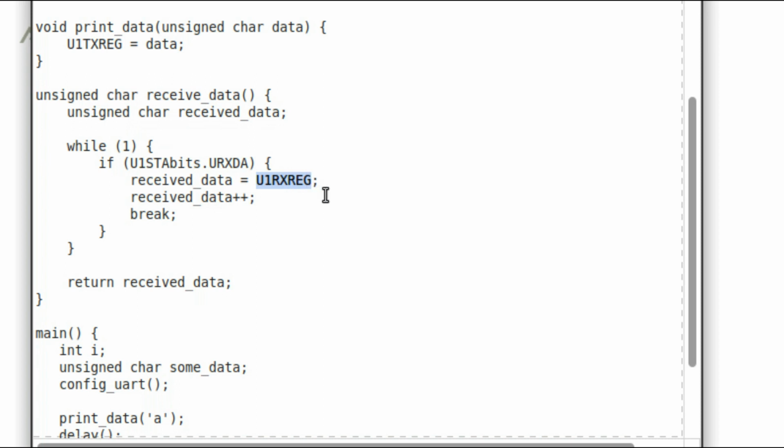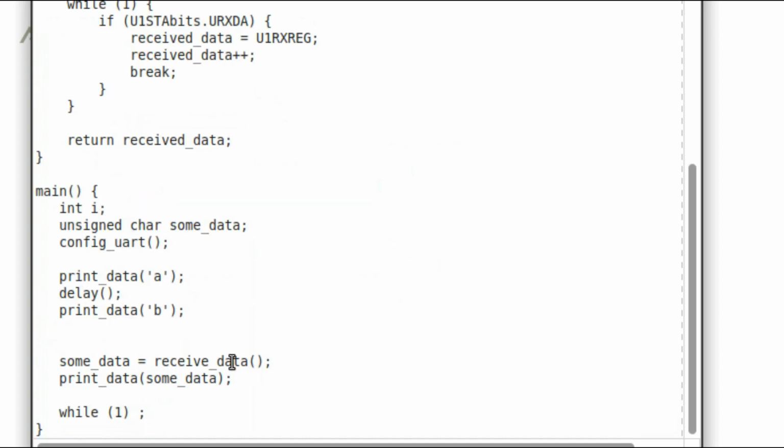The input data will be stored in the U1RX reception register that we will store in a variable, and we will increment the input data. If the input data is 10, 10++ is equal to 11. Now we will come out of the loop. Finally, return the received data.